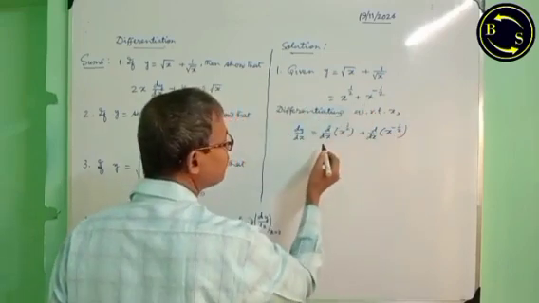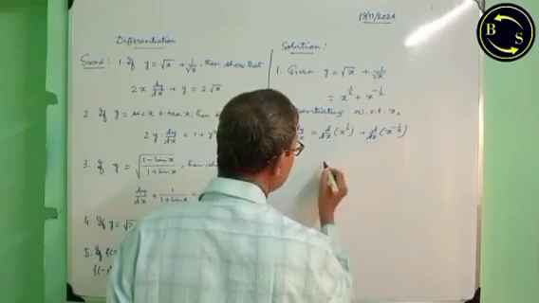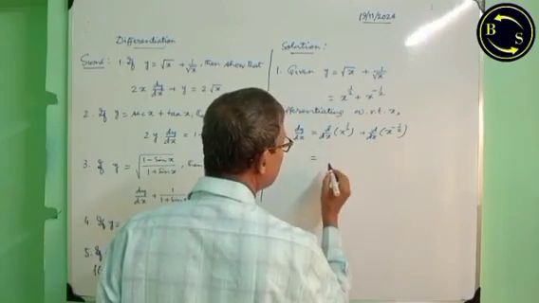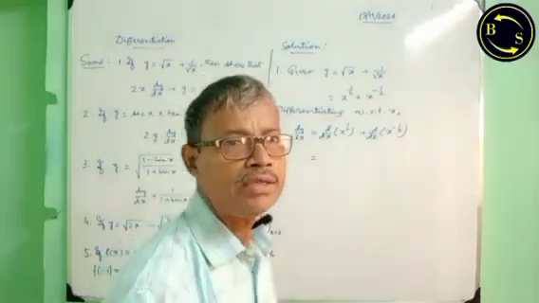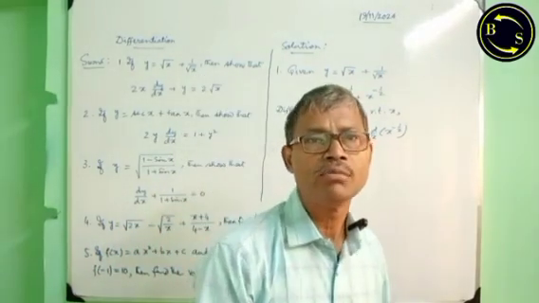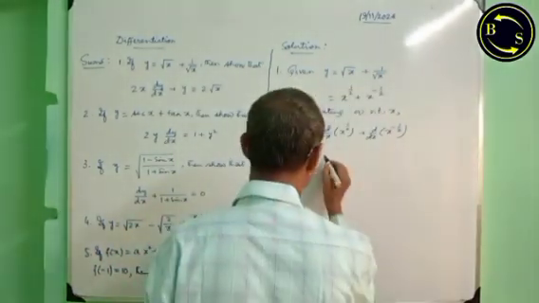U plus v form, therefore du dx plus dv dx. Now we apply the formula: d/dx of x to the power n is equal to n x to the power n minus 1, half